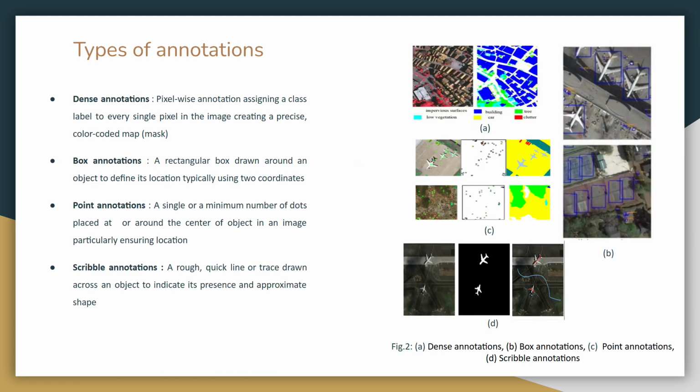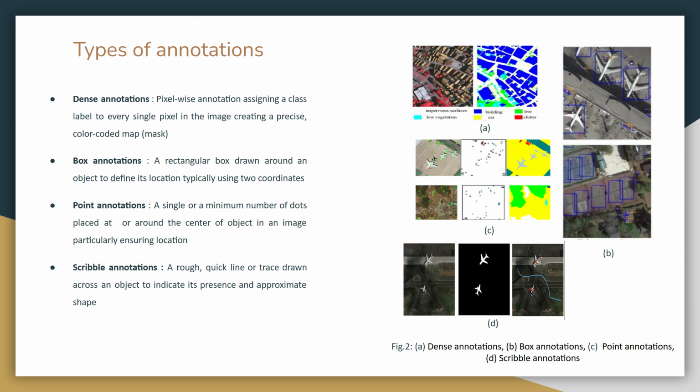If we look at the different types of annotation, dense masks provide full supervision but are costly. Bounding boxes will give location but poor shape information. Scribbles just give some approximate structure. Point annotations are cheapest, just a few clicks per object, but contain minimal geometric information. Our work specifically targets point supervision as it represents the most scalable annotation strategy for Earth observation.